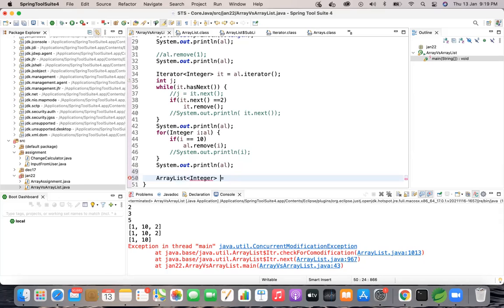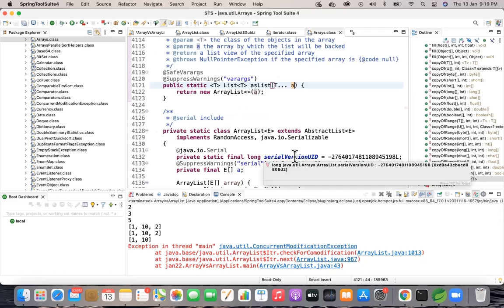Some reference name equal to. Now, you have this in the Arrays.class method, right? Can you go to the Arrays.class method? Which is a static method. So how do you access that in your class now? Arrays.asList. You can just use it directly.